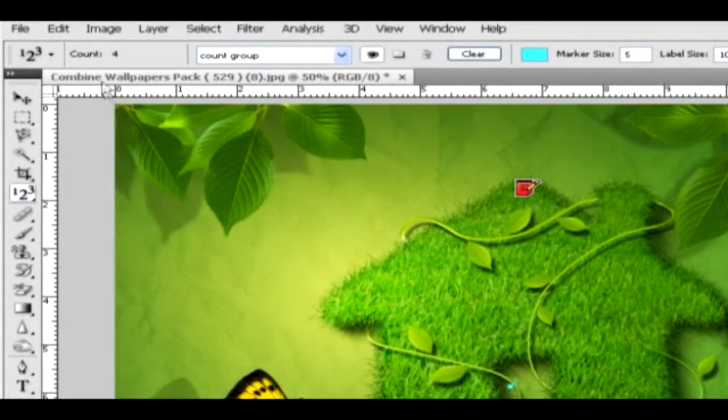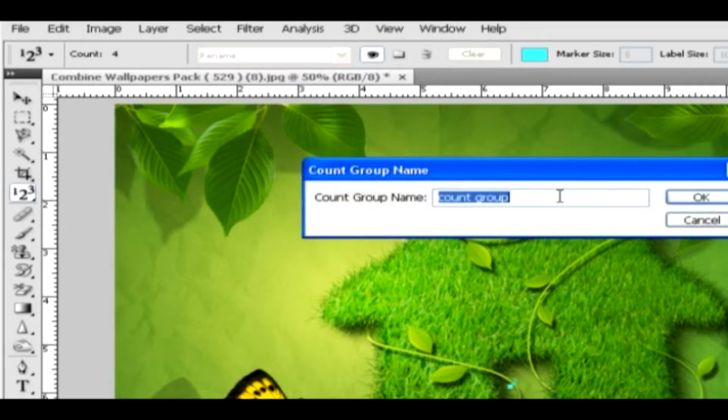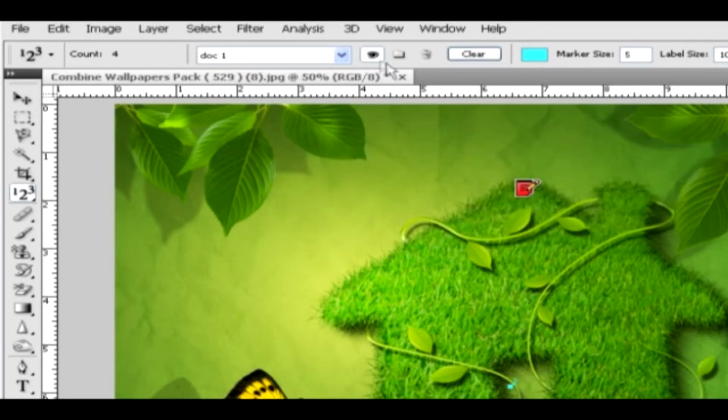And now you see the options of this tool. The total counts which you have made in an image are displayed in the count option. You can rename the count group using this option. Just click on its option and select Rename and specify a name in its dialog box and click OK. You can also click and disable the toggle visibility using this option, where it hides all the numbering in the